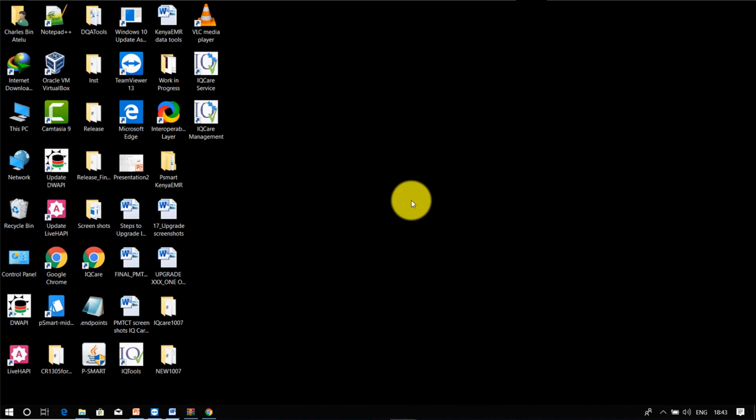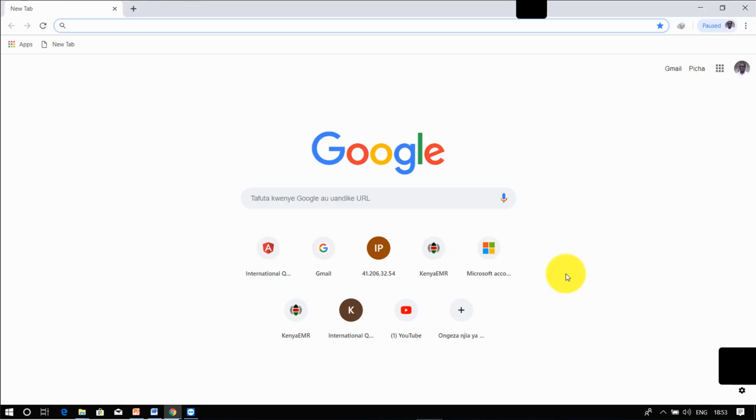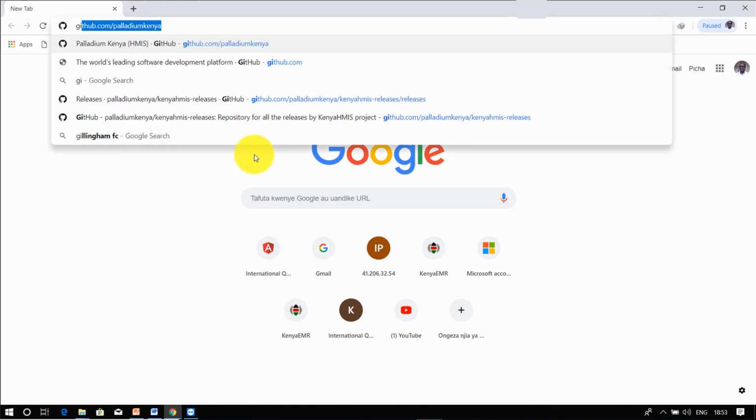Once you uninstall, access IQ Tools from GitHub. The next step is to get the IQ Tools installer and the database from GitHub. Access your web browser and type github.com/Palladium Kenya.